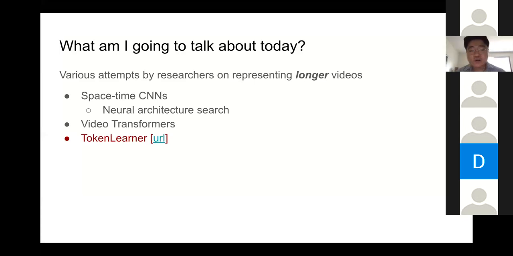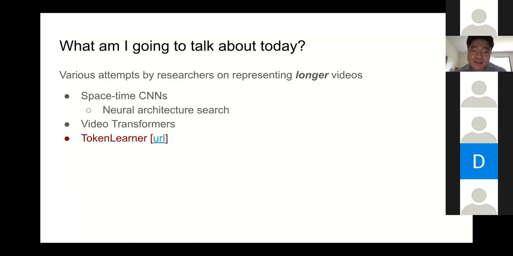And I'll also have an opportunity to provide you stronger space-time CNN architectures found using neural architecture search. And then we'll move on to the video transformer and have a discussion about what it is exactly doing and why it's actually working and so on.